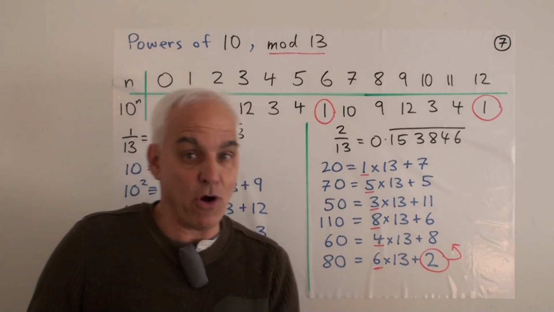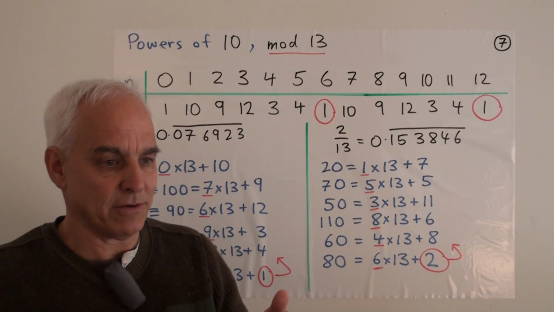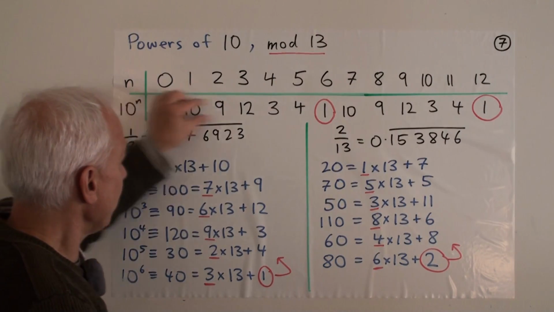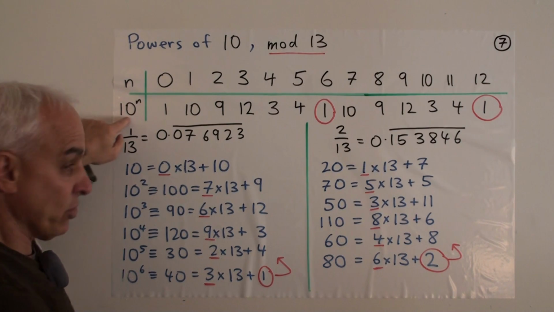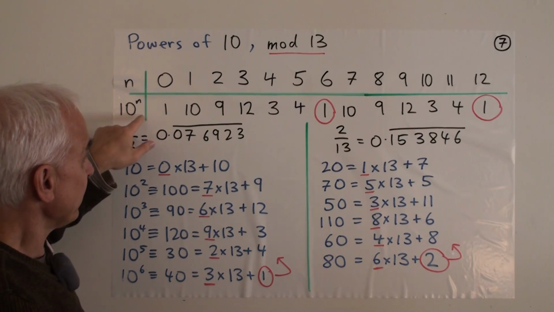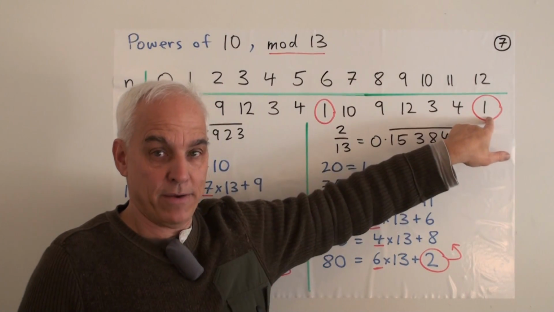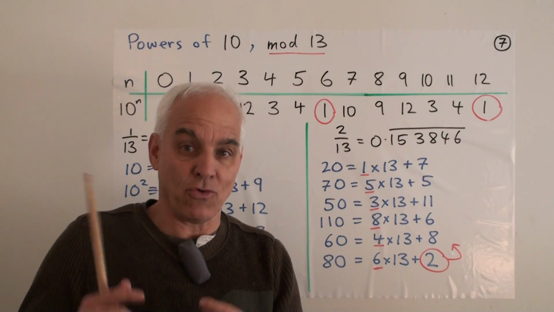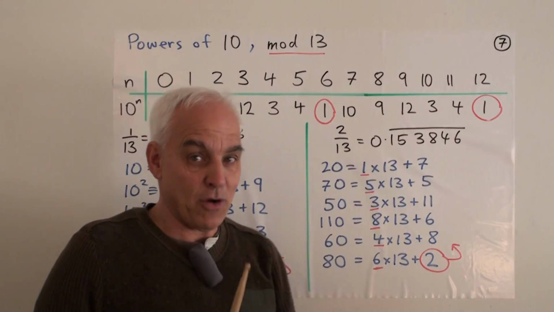This is part of a table that we've already had a look at in a previous video when we were looking at various powers, not just of 10, but of other numbers too, mod 13. So this is just one particular row. And we saw that no matter what number you choose, it doesn't have to be 10, it could be 9 or 8 or 7 or 2 or anything else really, that once you get to the 12th power, mod 13, you're necessarily going to get a 1. That's that Fermat theorem, that a to the p minus 1 is congruent to 1 mod p for a prime p. So there is necessarily a 1 there.